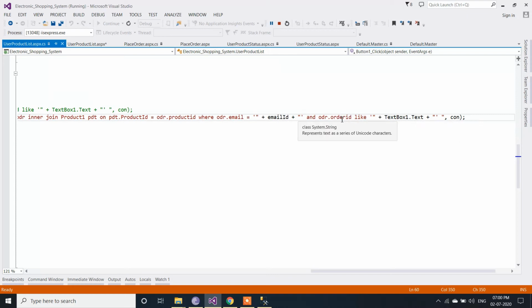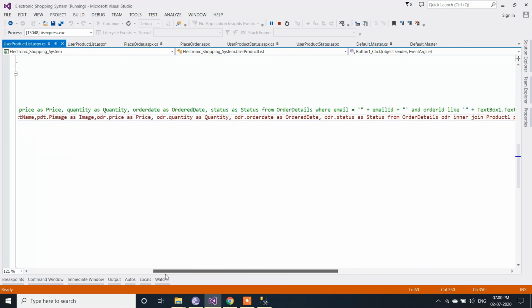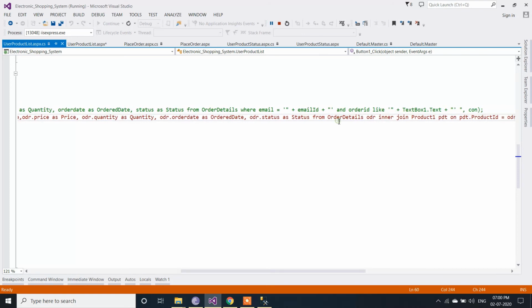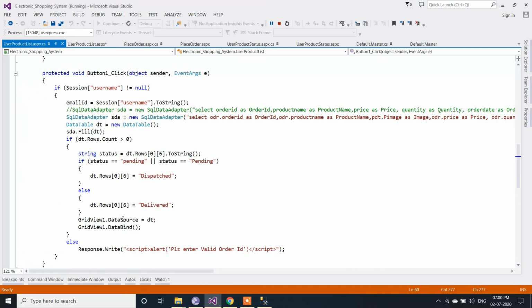So it will search in the order id column which is present in the order details table. Based on these two conditions, email id and order id, it will get the records from both tables, the order details table and the product table, based on which user is logged in and what order id has been entered for searching the order status.